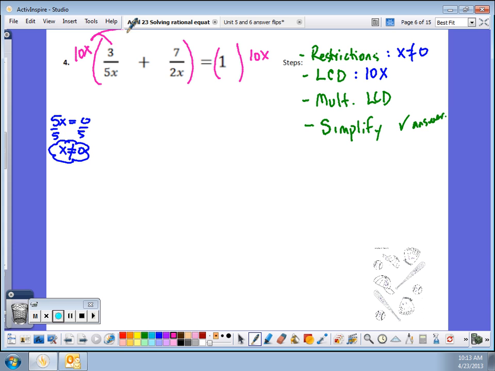10x is going to go there and there in the numerator. Now we talked about, instead of writing it as 10, how else might I want to write it? Rachel, how else could I write 10 that would help me to simplify? Yeah, 5 times 2. We know 10 is 5 times 2. I can replace a dollar with 4 quarters. It looks a little different. So I'm going to write 5 times 2 times x times 3 over 5x plus 5 times 2 times x times 7 over 2x equals